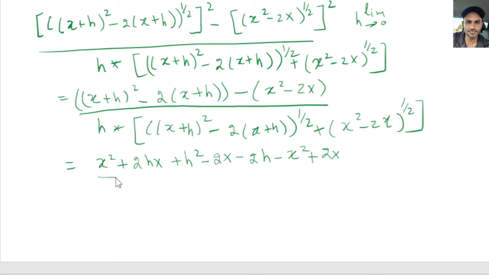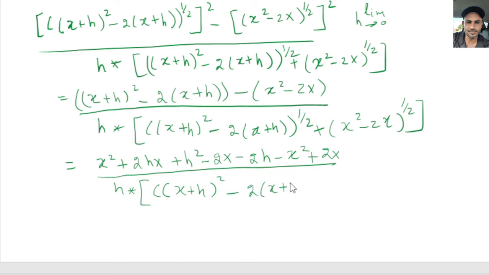And then divide by h times (x plus h) squared minus 2(x plus h), to the 1/2, plus x squared minus 2x to the 1/2